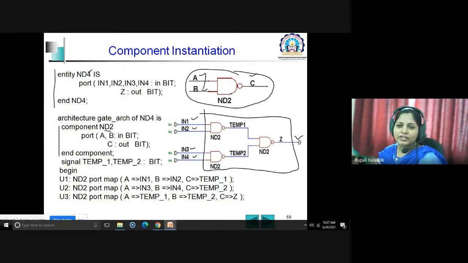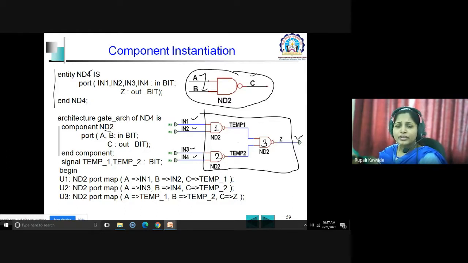So signal temp1. Why is there no name mentioned in between for this particular line? We can give a user defined name to that particular signal. A signal is nothing but a wire which is connecting the output of the first gate to the input of the third gate. This is first, second, third, I'm just giving you the numbering for understanding.